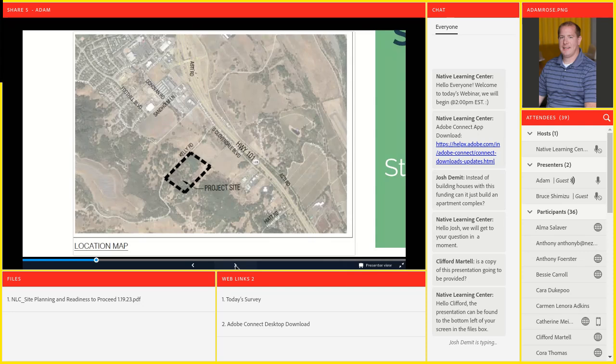Oftentimes, they're not really eligible for a lot of other sources of funding, but we certainly recognize that that's a huge need in tribal housing, kind of that middle income bracket. But again, housing tax credits can certainly be viable if you're willing to look at that 60% area median income level or below. Bruce, you started to touch on this site,